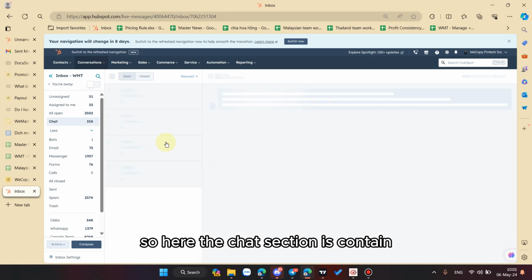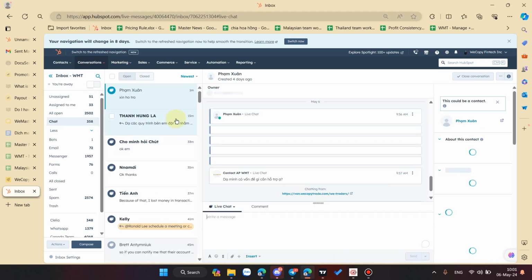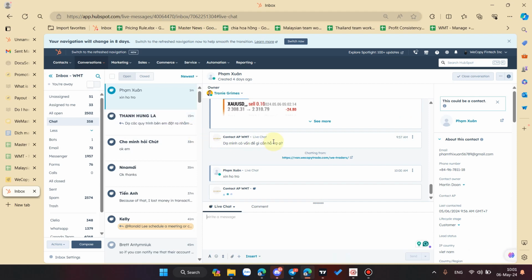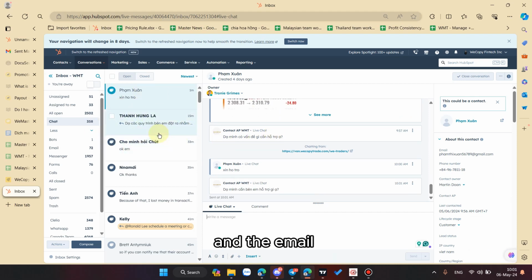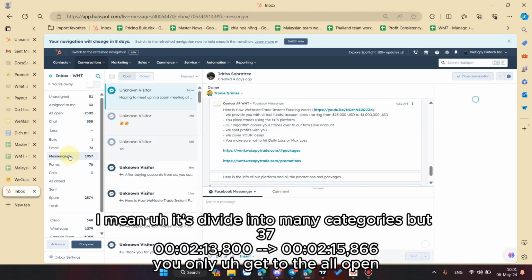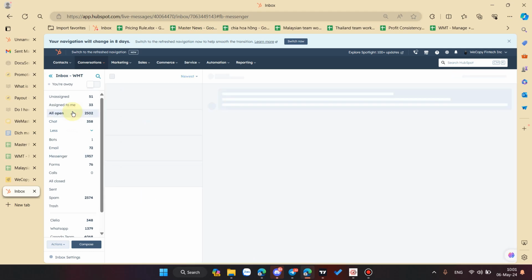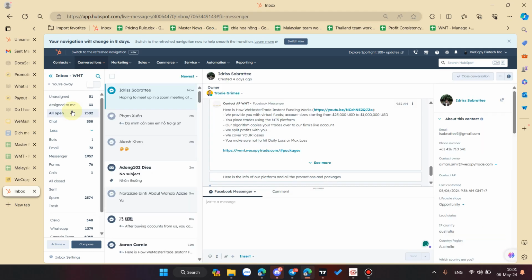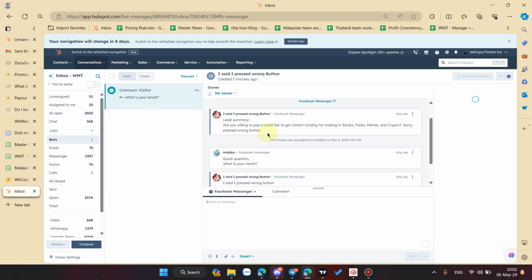The chat section contains only conversations from live chat, and there is also email. It's divided into many categories, but you mostly only need the Open section, and sometimes you have to check the bot section.